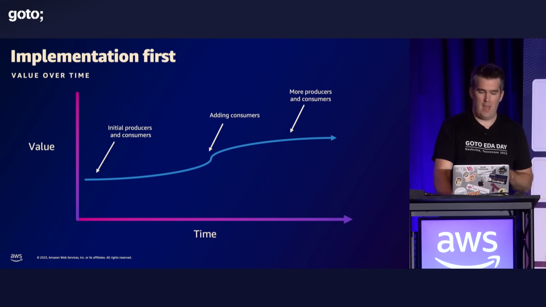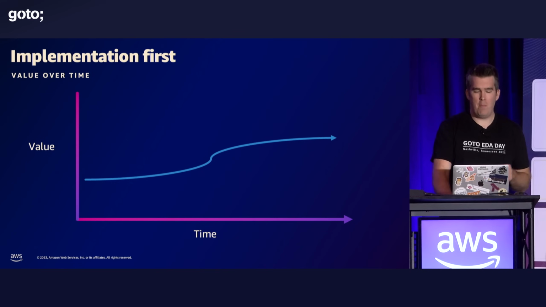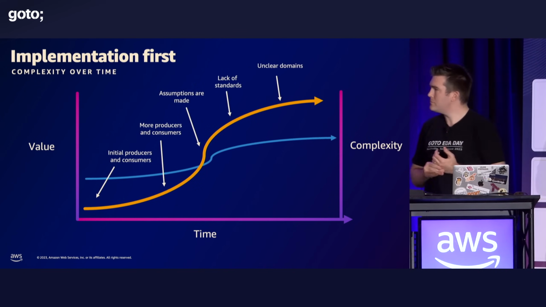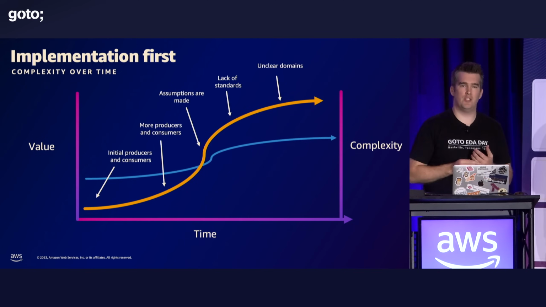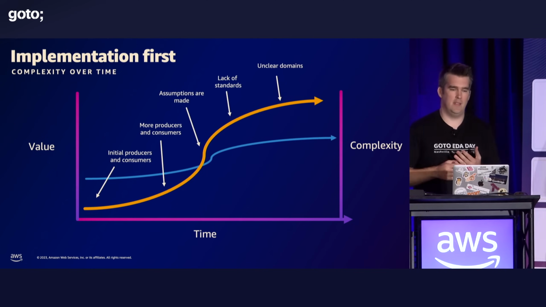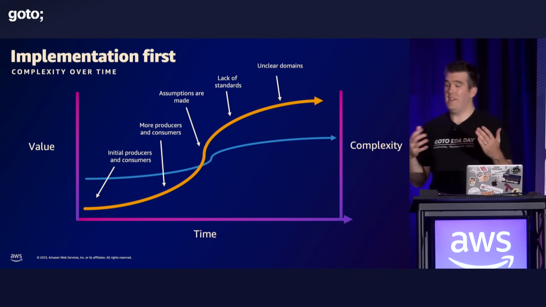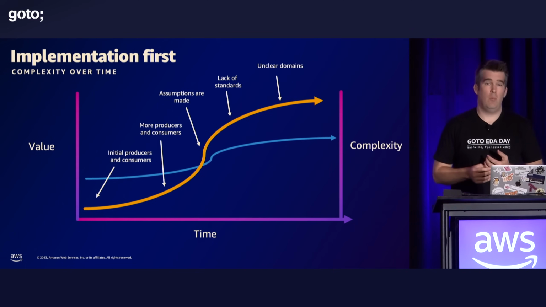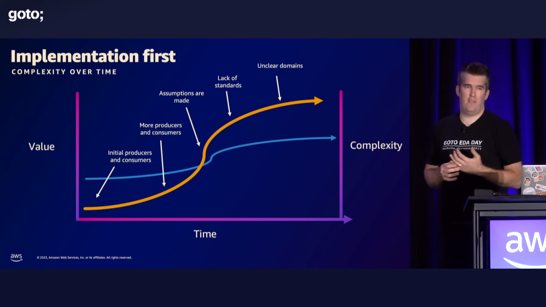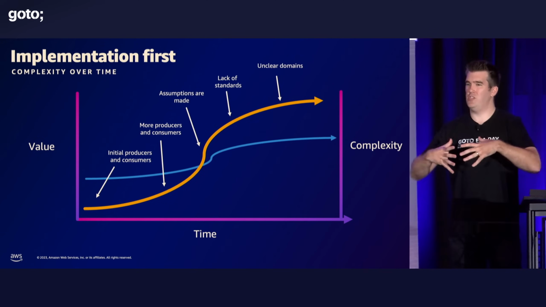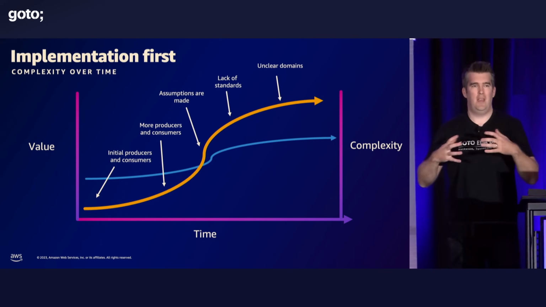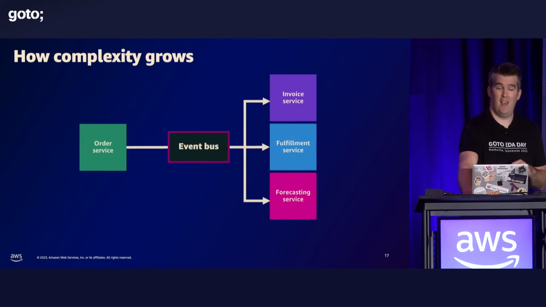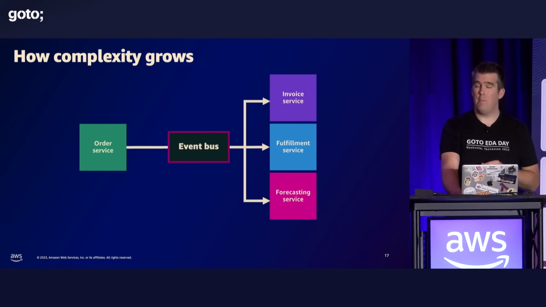Now, what typically tends to happen is this value that you got tends to plateau as time goes on. Why is that? When we map the complexity of event-driven architecture, this tends to happen. We have our initial producers and consumers, that's fine, the complexity is rising. But as you can see here, we have things like assumptions being made, maybe unclear boundaries, what goes inside our events, what should we include in our events, how do we discover events? And what's this domain language, this ubiquitous language that we need to include in all of this architecture? Things can get complicated pretty fast. Let's have a look at an example of this. This is how complexity grows.